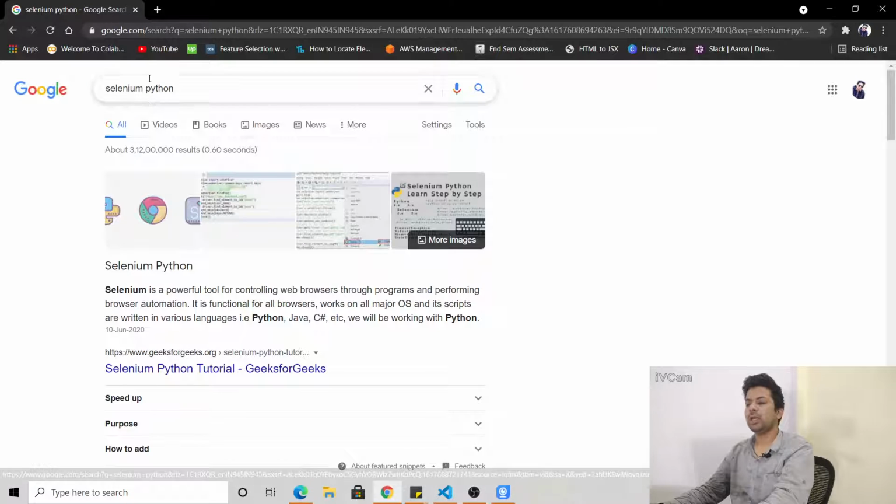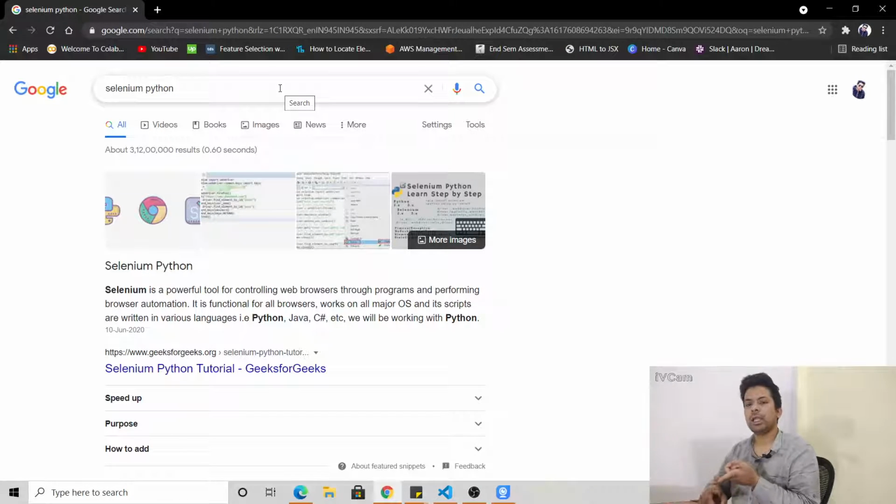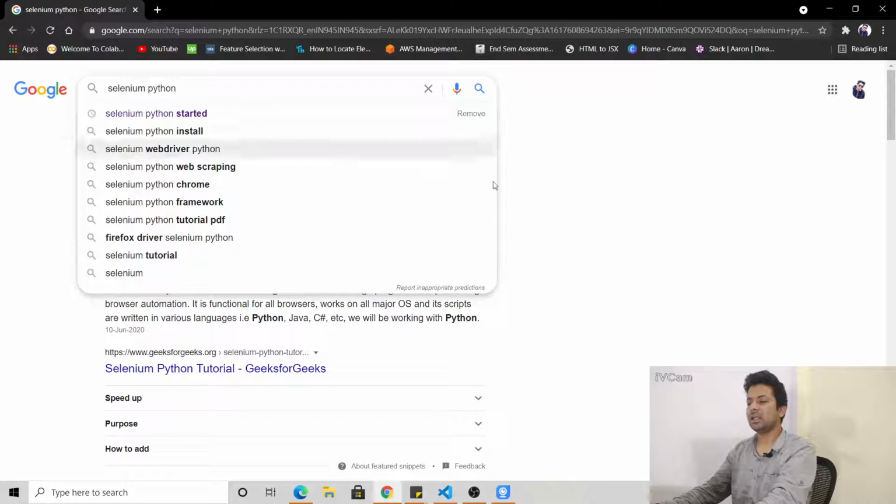I'm going to teach you how to use Selenium WebDriver with the help of Python. You can use it for web automation, web scraping, automating any tasks you want to do in daily life, and website testing. There's a lot of possibilities with Selenium. You can control your browser, and it's very good for web scraping if you are into that. So let's get started.